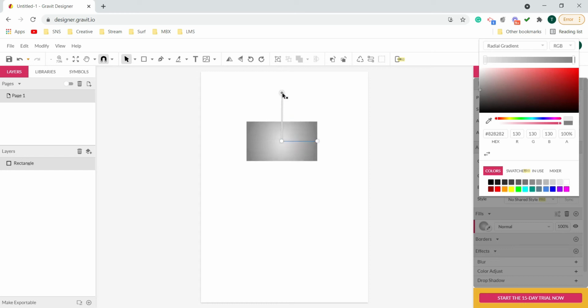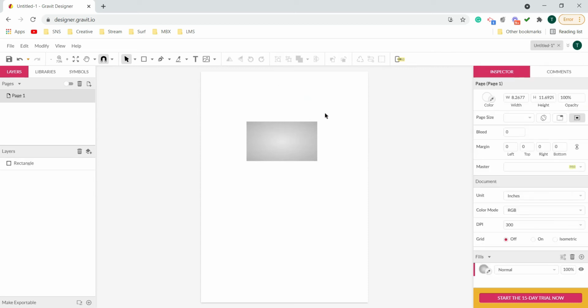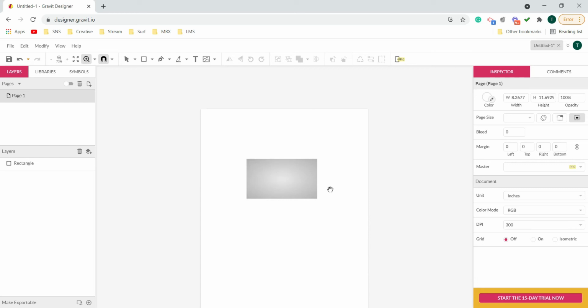That's your choice. Now with these bars I am controlling the falloff of that gradient. Vertically, you can see if I keep it very low, it will go in this much area only. If I increase it, that also increases. Similarly, from the horizontal controller you can see the difference. So I'll keep around this much radial gradient, and that's good to go. I'll zoom in a bit.